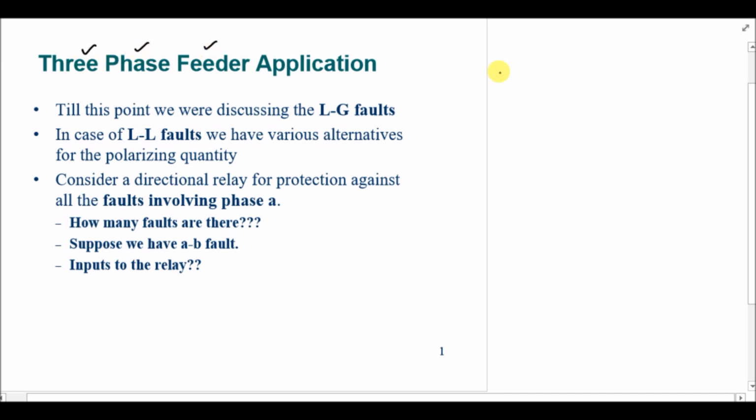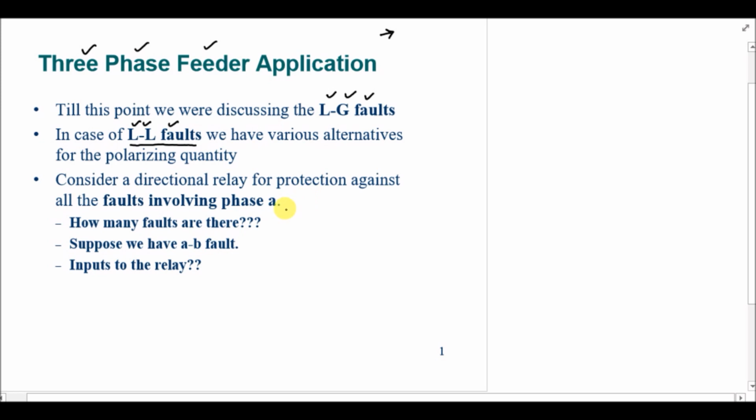In the last lecture, we talked about a single line to ground fault. But in this lecture, we are going to talk about the line to line faults: what will happen to the phasor representation of the directional relay if we have a line to line fault in the system, right? So starting the explanation for the phasor for the line to line fault, first we have